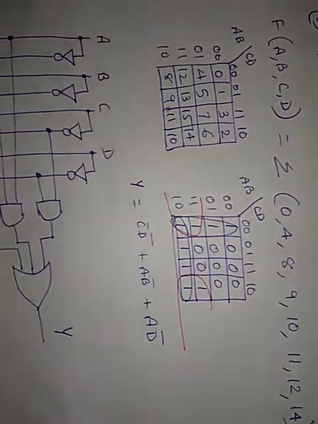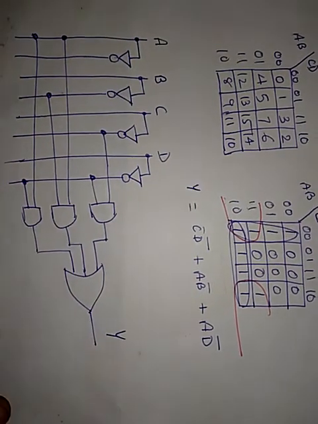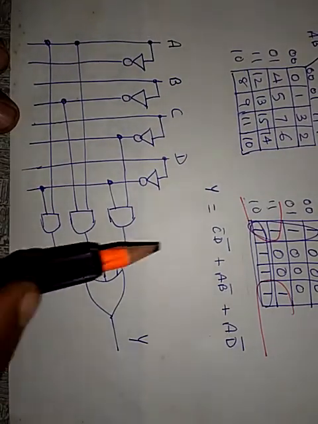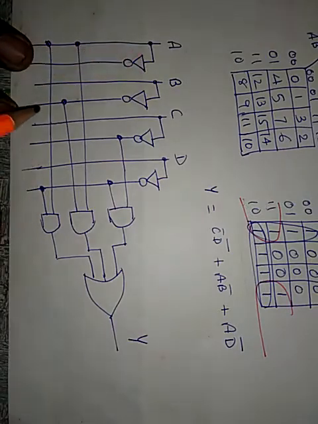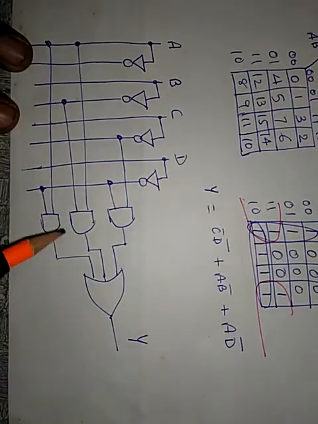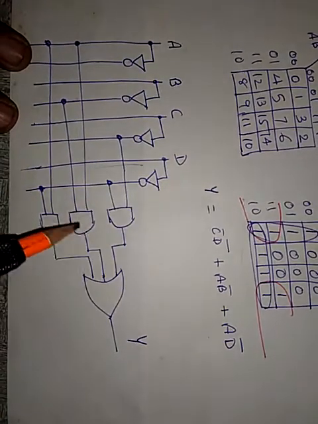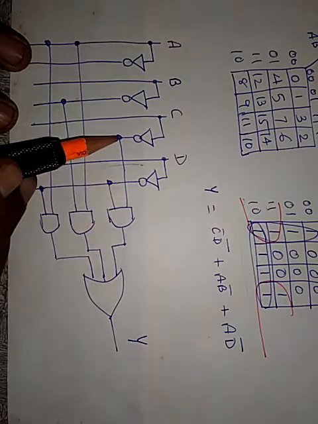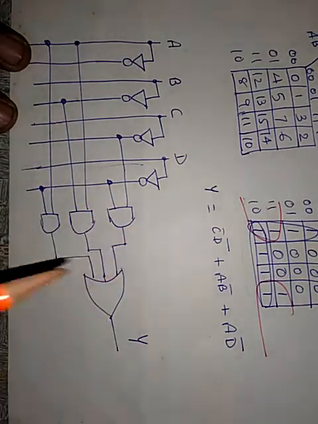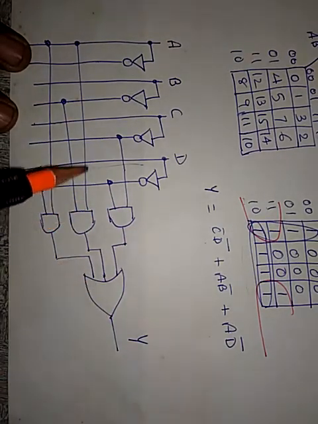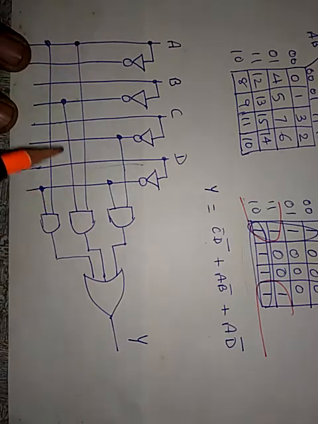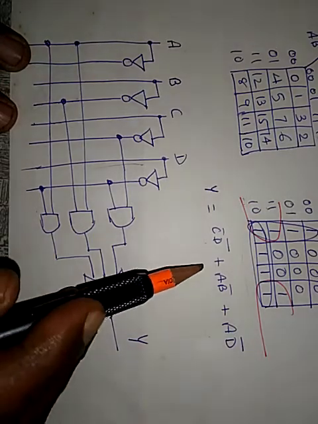Now first realize this function in a simpler way, that is using NOT gate, AND gate and OR gate. So A bar, B bar, C bar, draw the lines, then AND function. Now you join C bar D bar first, then you have A B bar and then A D bar. So this is OR function, you have an OR gate.